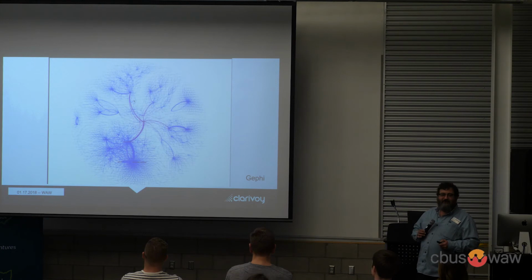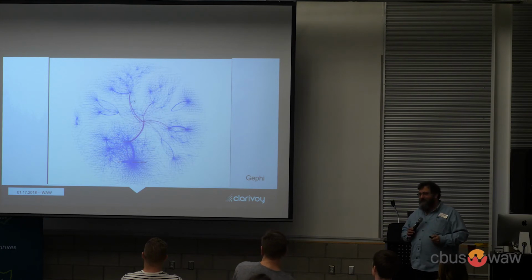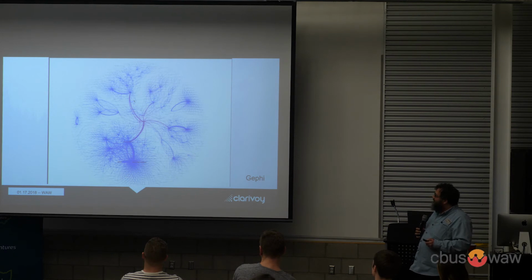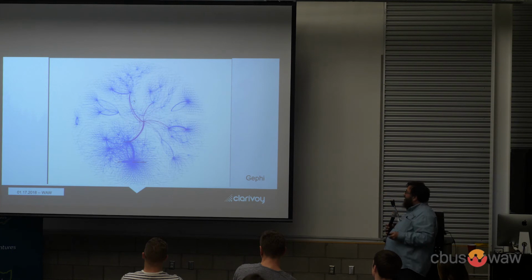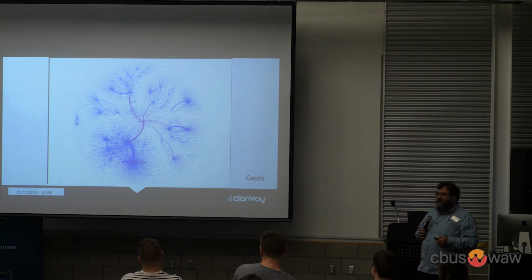We call this the dandelion chart, and we generated this for one of our clients, actually, here at Clarivoy, at their request. And what we're looking at is each of the big clusters that you see up there are their different dealerships' websites. So this is an automotive group.